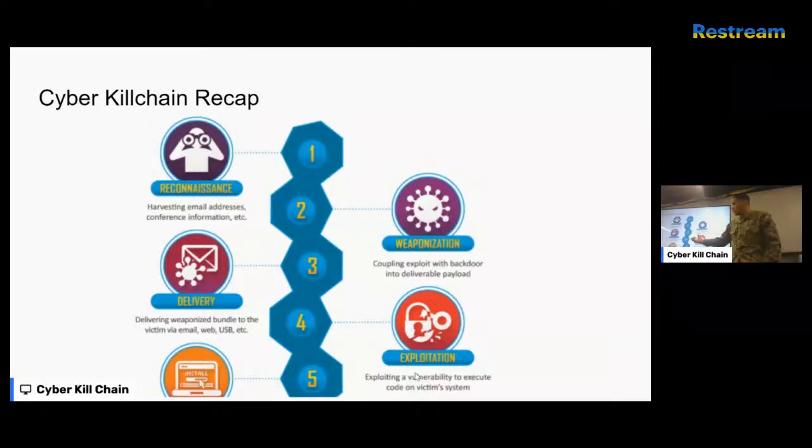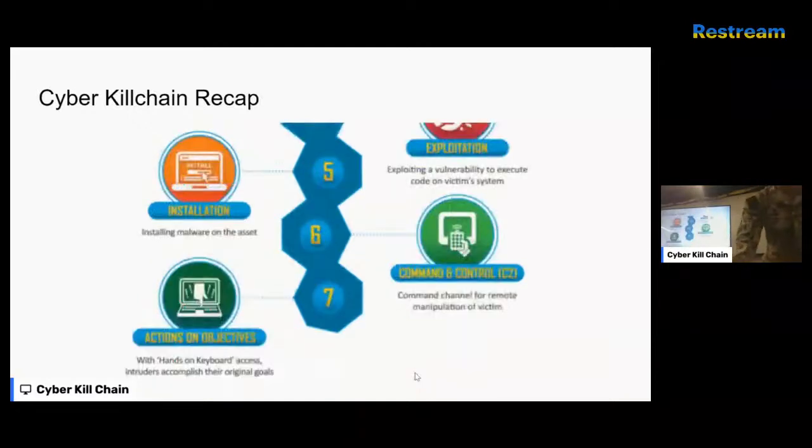Next part is delivery. It's where operators come in. They deliver the weaponization package that we build. Exploitation, that's running the actual delivered package, hitting the vulnerability. Next part, installation, installing malware onto the asset so that we can get a foothold. That comes into the next part, which is our command and control, C2. CWEs also build the C2 programs as well.